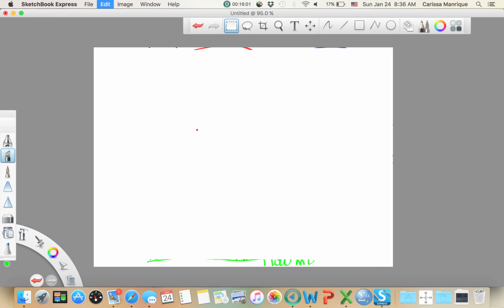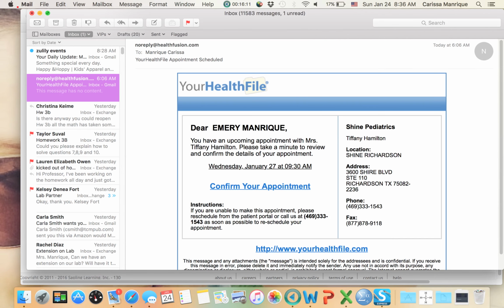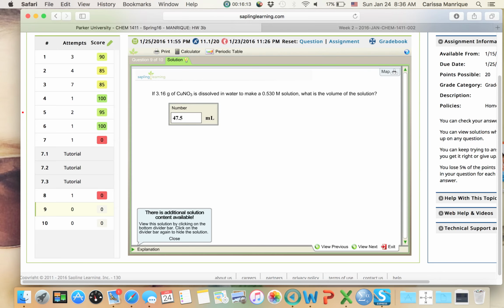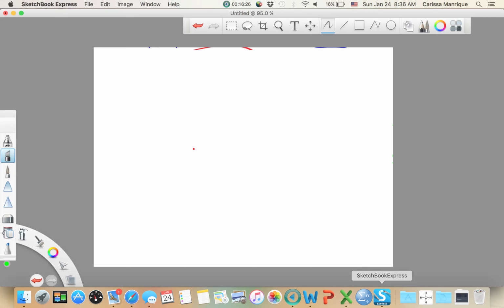Let's look at the last one here. This is a dilution problem. This is similar to the last chart in Lab 1. I think it was in Table 9, maybe? What is the concentration when you dilute 55 milliliters of 6 molar HCl to the final volume 750? Okay. So anytime they say dilution